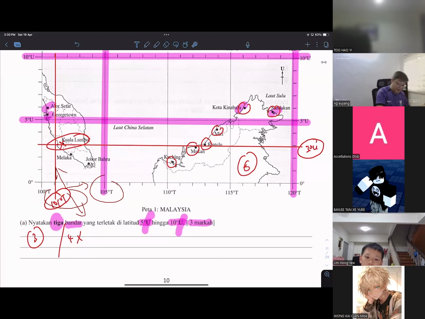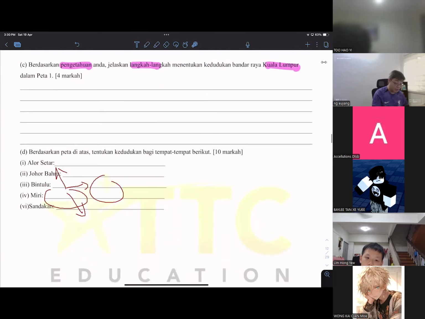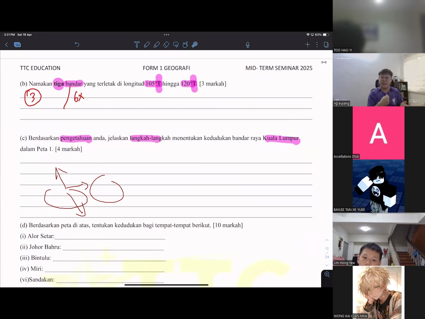So you identify but still not able to score the 4 marks, right? Because, guys, the midterm seminar is not trying to teach as many topics as possible. The midterm seminar depends on how much you can learn and use the knowledge here to score full marks. That's why I'm not rushing. I'm going to give an extra class.